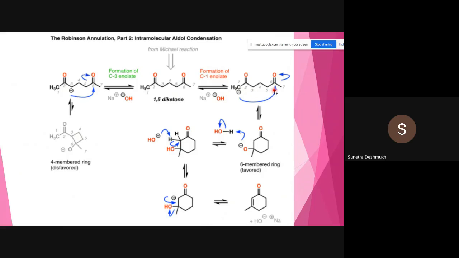Now this is adding via 1,4 direct addition across the carbonyl oxygen, and this addition occurs, and in that way there is a generation of a 6-membered ring. Okay, 6-membered ring, and as we need the aldol product, here is a negative charge placed at the sixth position. That negative charge is abstracting a proton from the solvent, and it generates the beta hydroxy ketone.